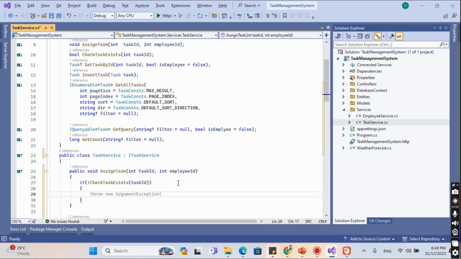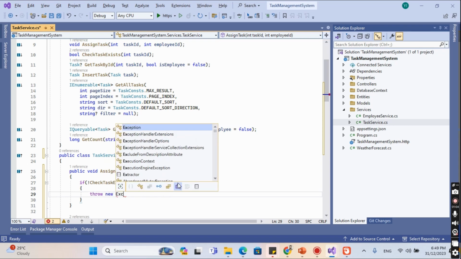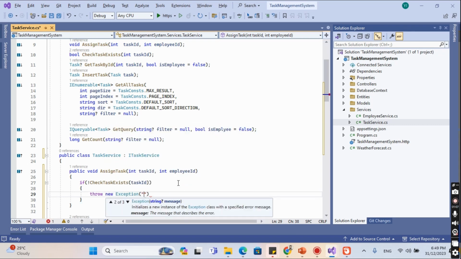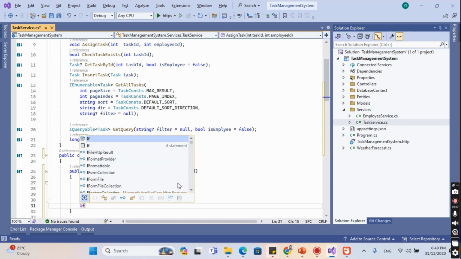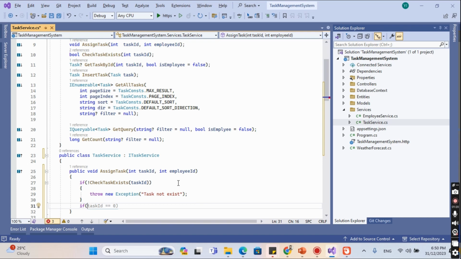If it does not exist, we throw exception: task not exist. Now if task exists, we have to check from employee. If